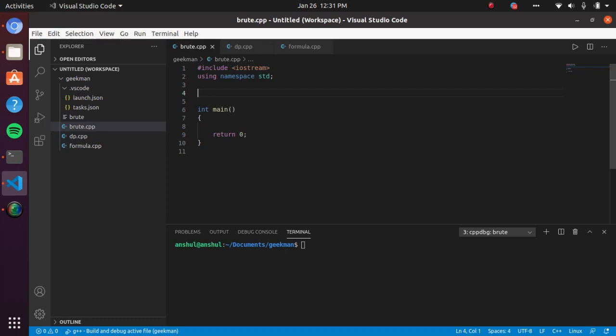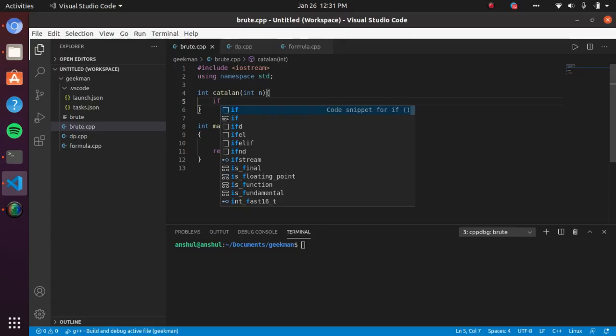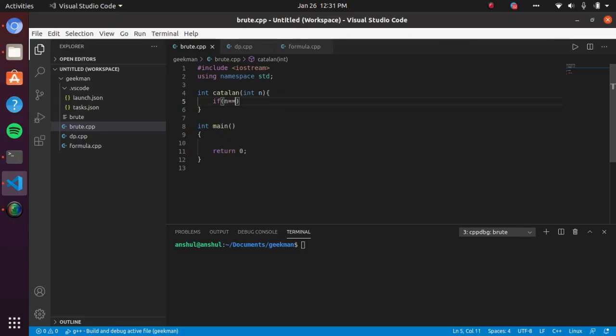So let's now make a function named Catalan, and in this function we will take the nth Catalan number, and we will first write a base case. For n equal to 0,